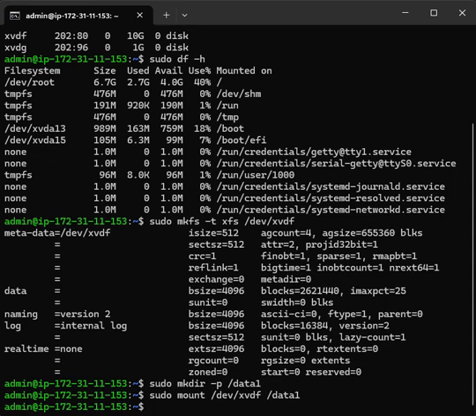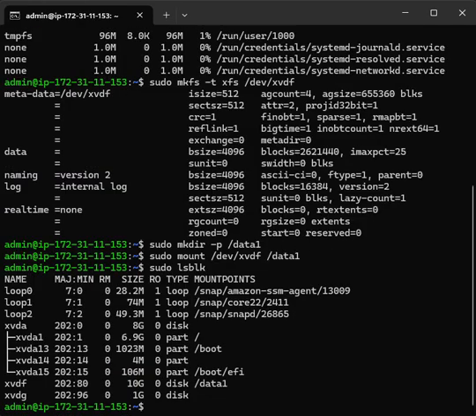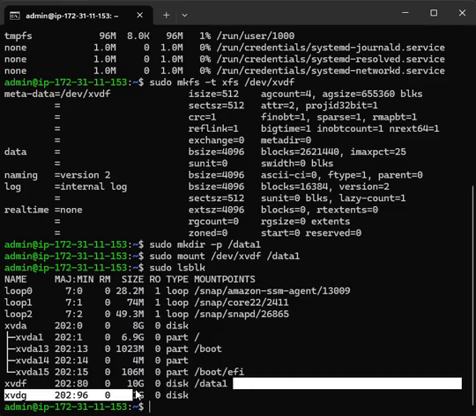Running lsblk. Okay, now it shows xvdf has /data1 as its mount point. Good. So it's mounted here,